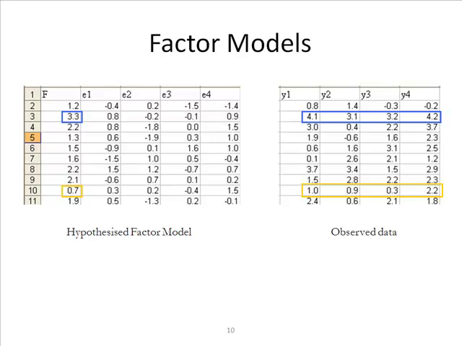We want to find some way of representing the factor score. The factor score is simply a number. It's not a mysterious process. Some people think that because I can't observe this, it must be something really mysterious. I don't understand what it is. What that factor score is, it's a number. Here we've got 1.2. If we add 1.2 to the errors for the